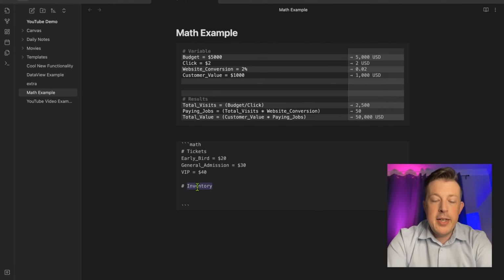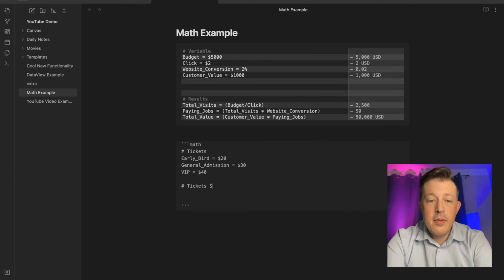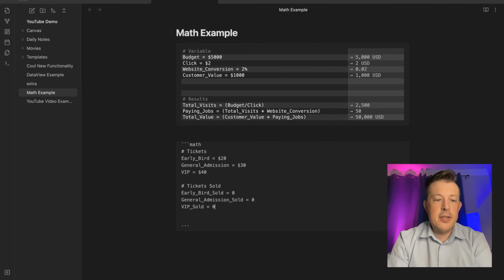So we'll say okay, so this is where I'm going to keep track of how many tickets I've sold because